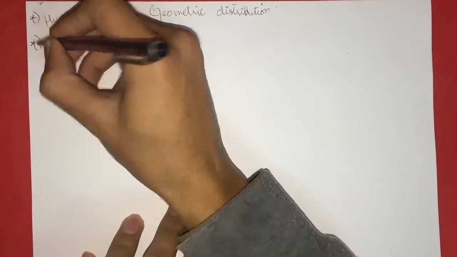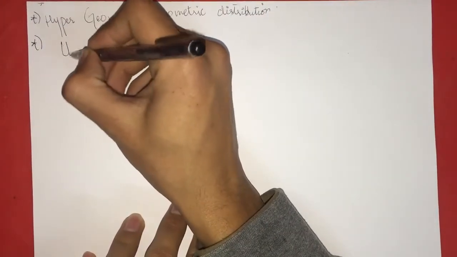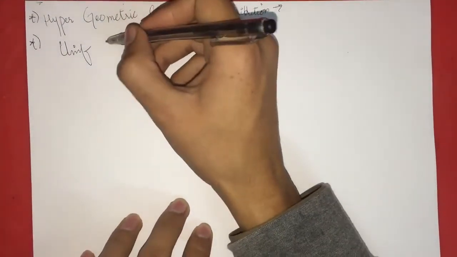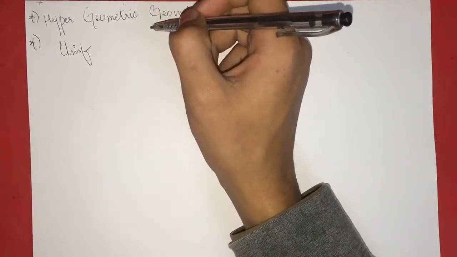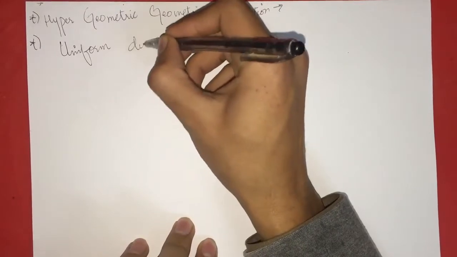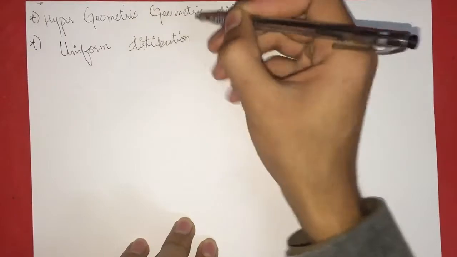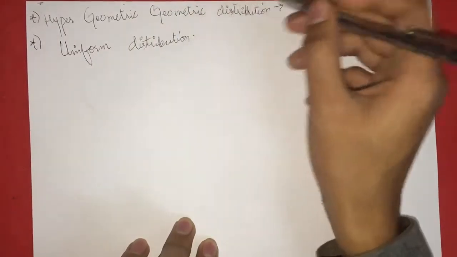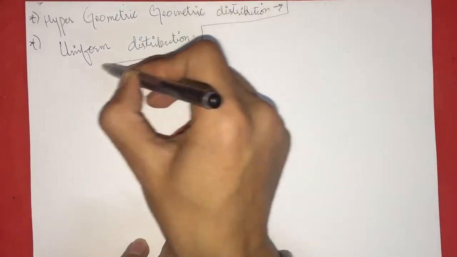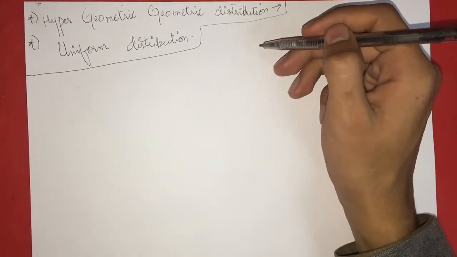And after we are done with this, we are going to discuss what is uniform distribution. So this is for a discrete random variable, the hypergeometric distribution, and this is going to be our uniform distribution for our continuous random variable. And after today we are going to discuss these two topics, and tomorrow I'll be discussing our